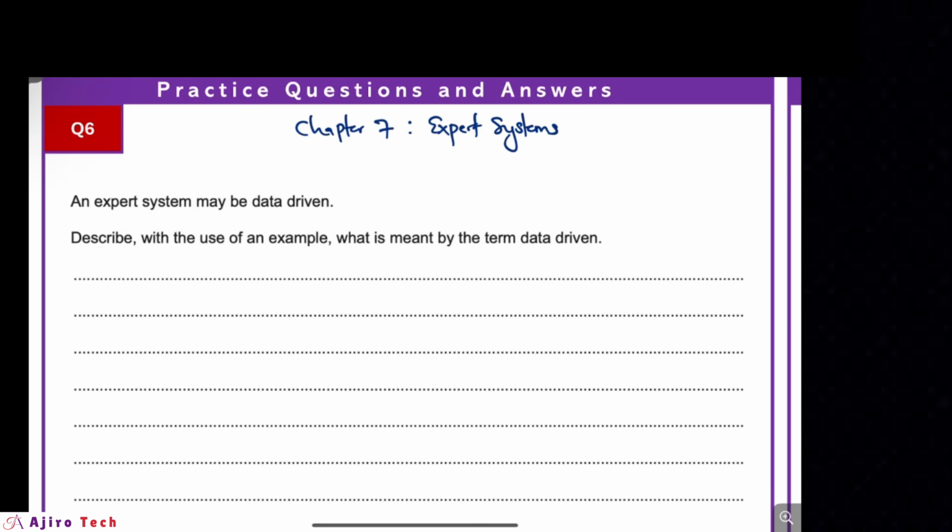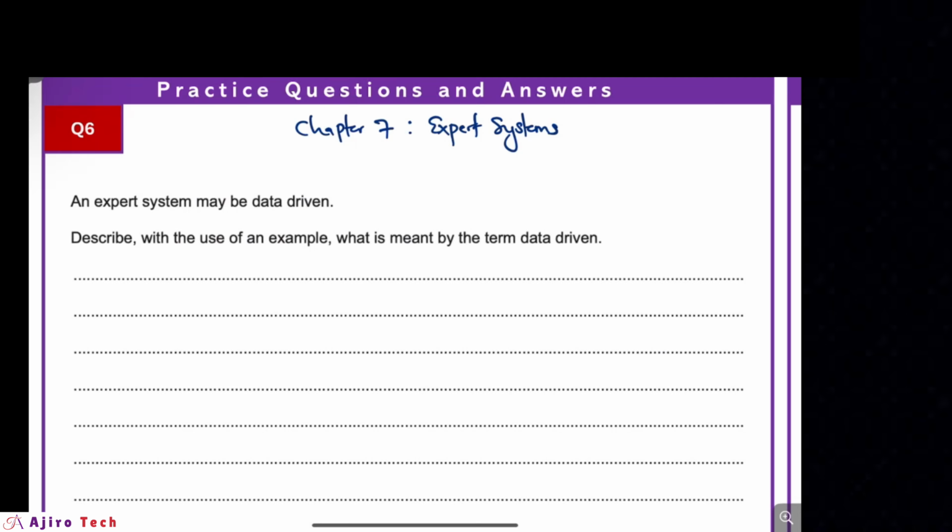Right? Because chapter 1 is data processing and information, chapter 2 hardware and software, chapter 3 monitoring and controls, chapter 4 algorithm and flowchart, chapter 5 insecurity, chapter 6 digital device, chapter 7 expert system, chapter 8 spreadsheet, chapter 9 modeling, chapter 10 database and file concept, chapter 11 video and sound editing. That's AS for you. Okay. All right.